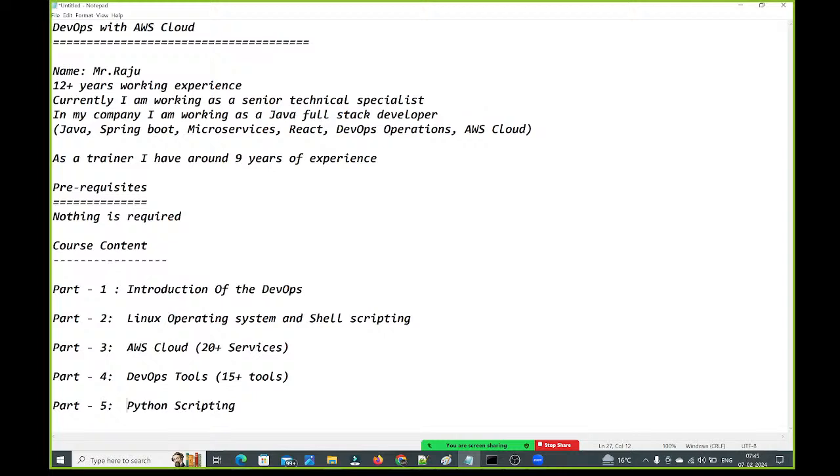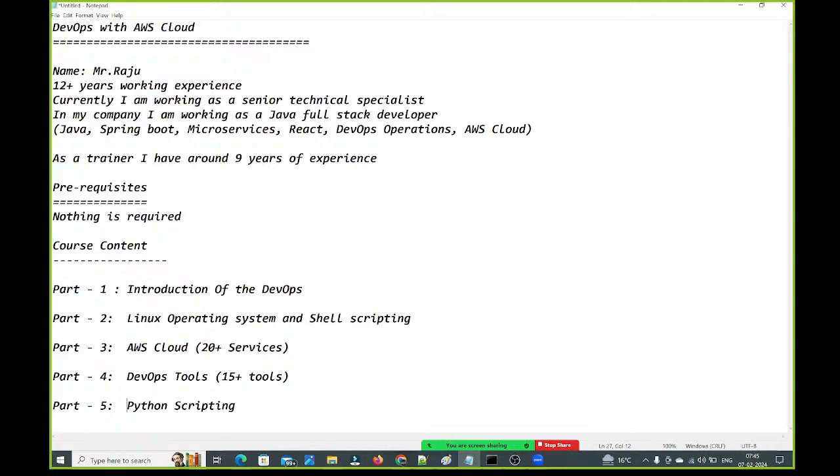In 2024, Python scripting is going to play a very important key role for DevOps engineers, guys. So Python scripting is mandatory for DevOps engineers, and if you attend any interview, they ask Python scripting also. That's why we are going to spend 15 hours on this Python scripting.